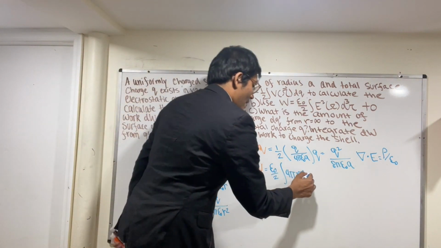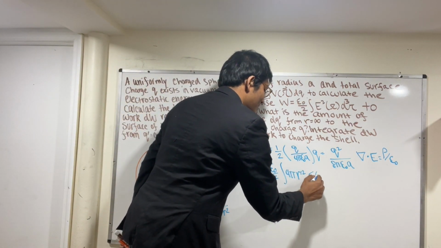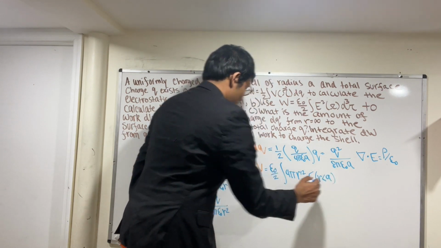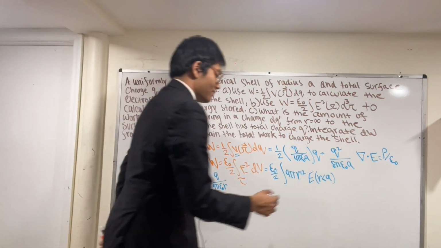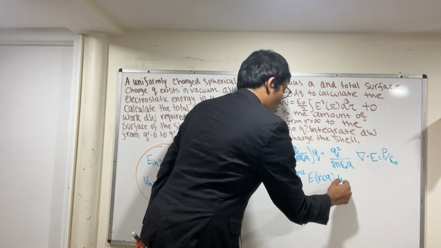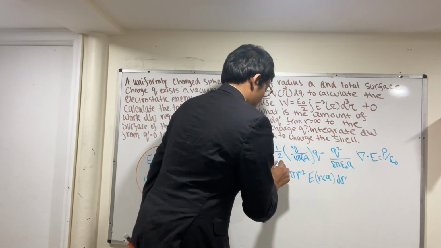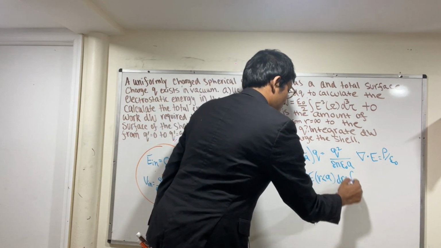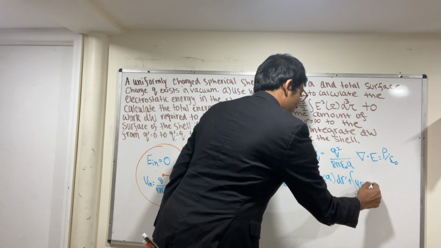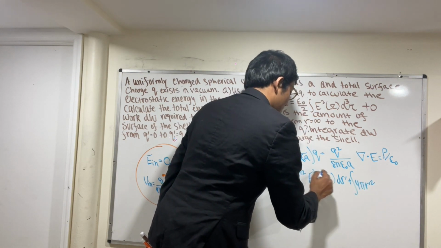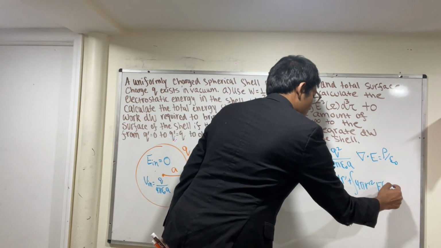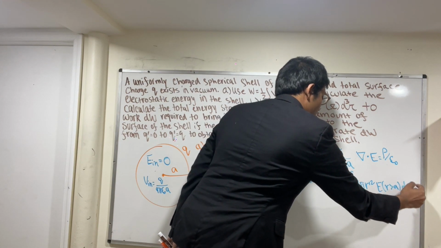And then we're going to have the electric field inside, r less than a, because a is the radius, and then dr prime